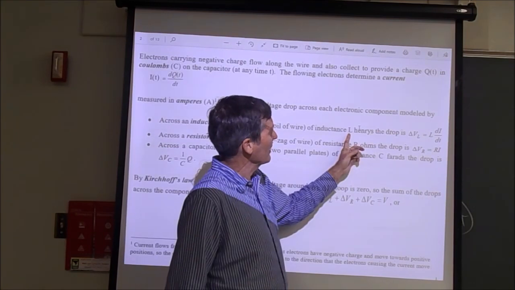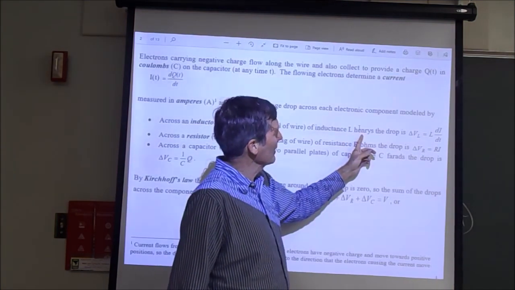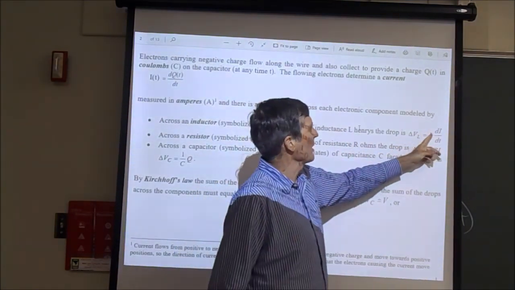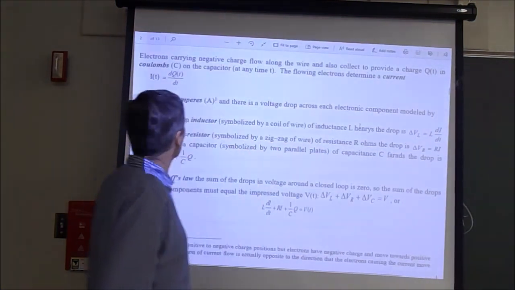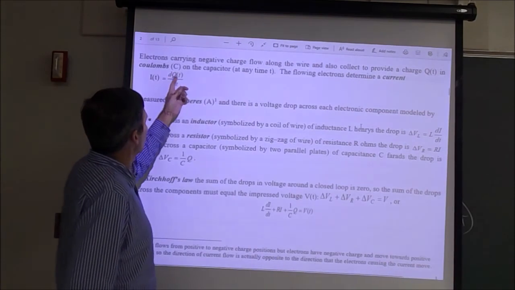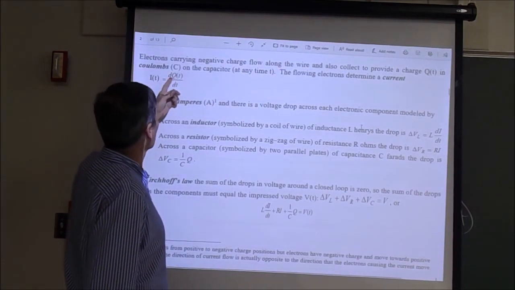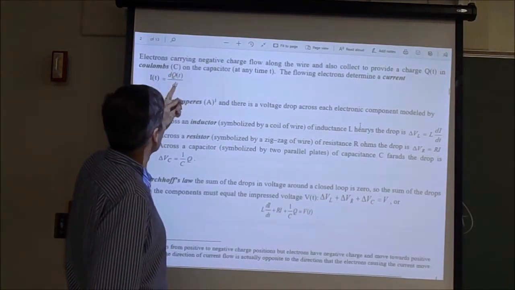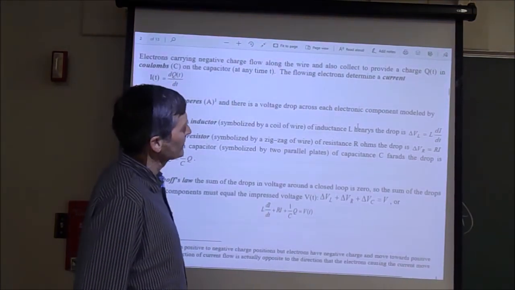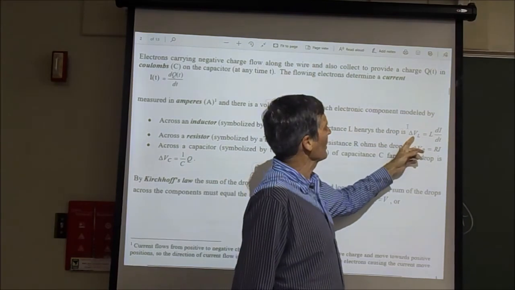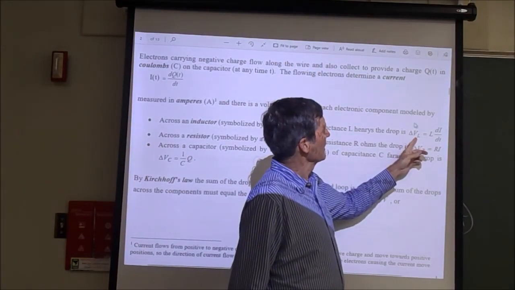And if that inductance is L henries, then the voltage drop is L times di/dt, where I is the current running through the circuit. By the way, I should mention that if Q is the charge on the capacitor, then the current running through there is the derivative of the charge. So the current running through the wire is dq/dt. And then the voltage drop across the inductor is